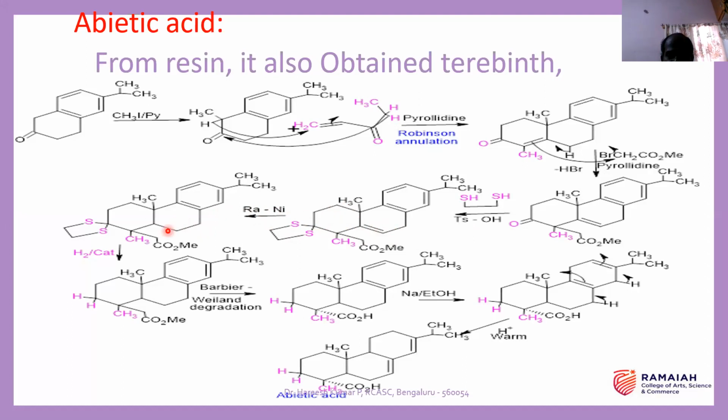This double bond gets converted into a saturated one. That is one thing that is possible. At the same time, one more thing, desulfurization. Desulfurization means a thioketal gets converted into a hydrocarbon. So that is also possible with Raney nickel. So this will be a continuous process. So here the catalyst should be Raney nickel. Of course, it is also possible with other catalysts. Then desulfurization occurs in this one.